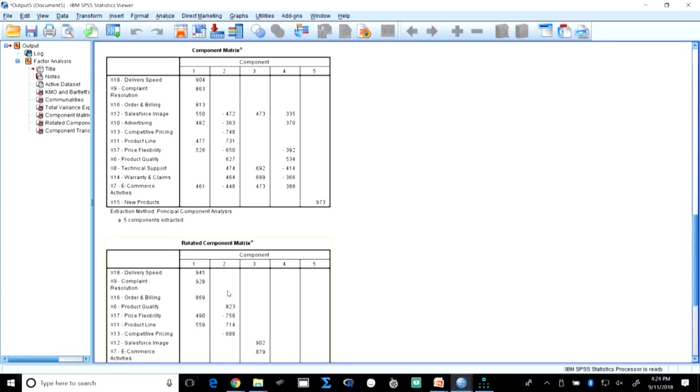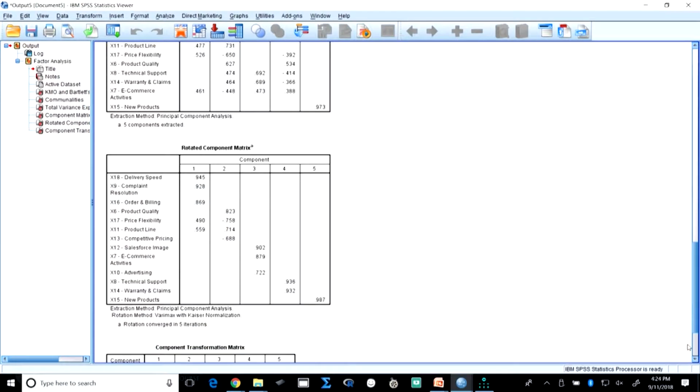But if you look at this now, when we have rotated, they are quite neat, the variables are loaded into one and only one factor, only in a few cases there is a cross loading. For example, in this case if you see there were 3 cross loadings, or sometimes even 4, but here, when we are done, the maximum is a cross loading of 2 factors, which is fine, right. So, what we do in here, now you see you have got factor 1, factor 2, factor 3, factor 4, factor 5, right.